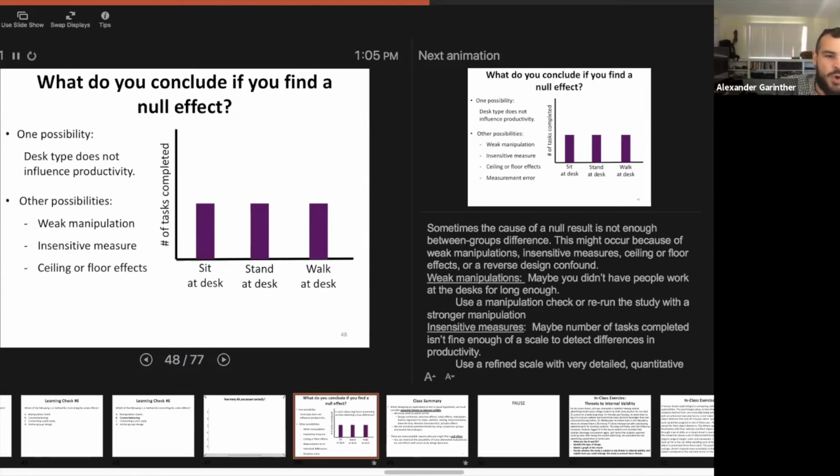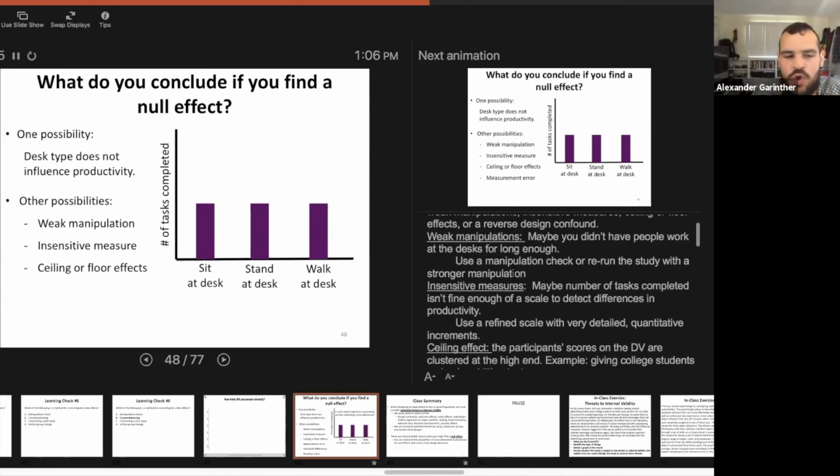Or you can have just a really difficult dependent variable, say the 10 math problems are incredibly hard and everyone's getting none of them right or one of them right in each condition. Well, we're not going to see any differences between conditions, but that's because our dependent variable wasn't in that Goldilocks zone that would allow us to pick up on those. We'd have a floor effect in that case. So floor effect, everyone's at the bottom end of the DV. Ceiling effect, everyone's at the top end.